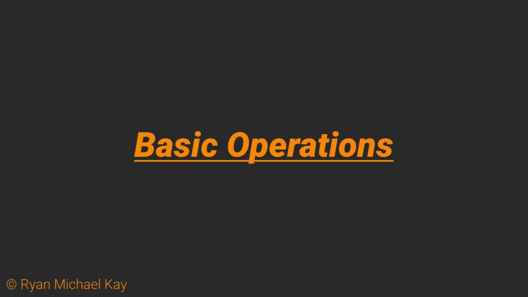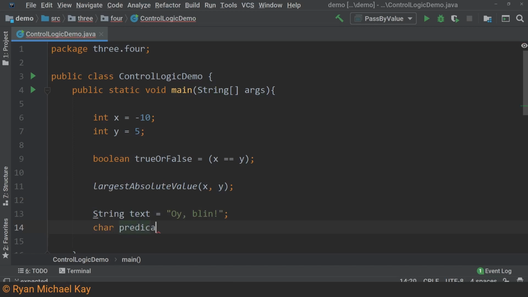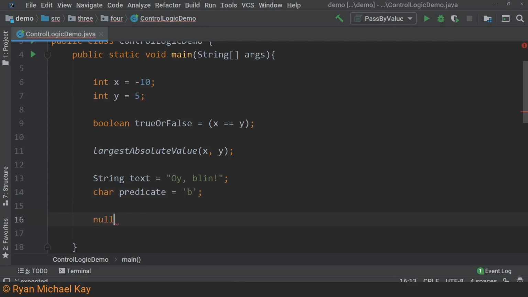Sometimes we want to be able to evaluate several Boolean expressions in a single if statement or wherever else we can use a Boolean expression. Let us write out another method which will be capable of checking the number of occurrences of a given character in a given string. We also want this method to be capable of handling null values for the string, and you will find that I love explicit method names. Okay, now we will implement that method.